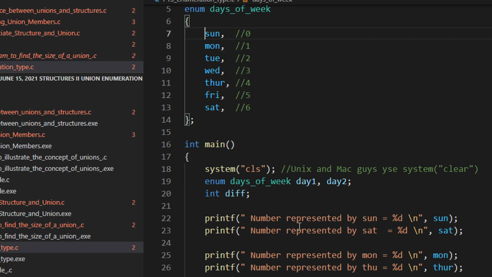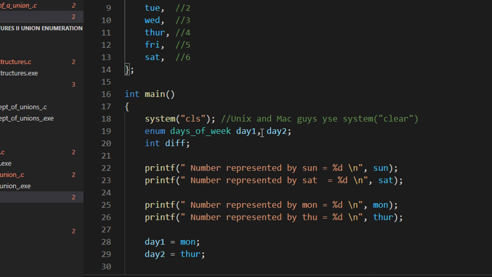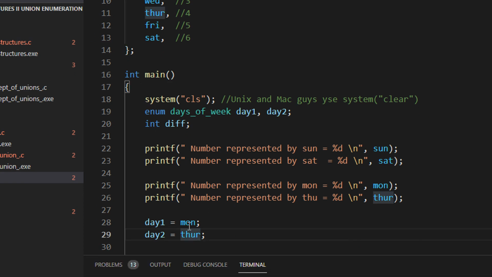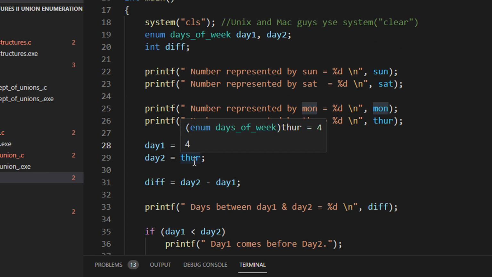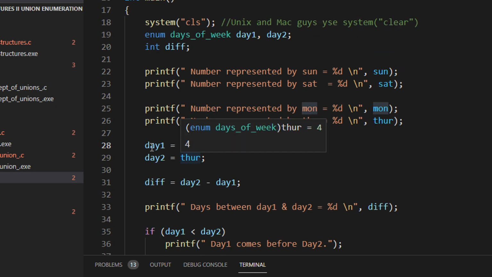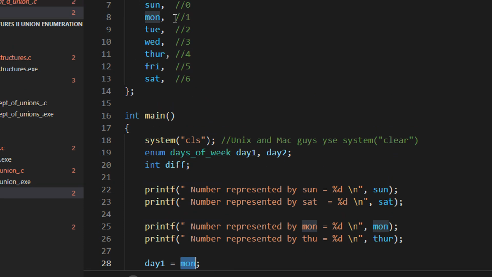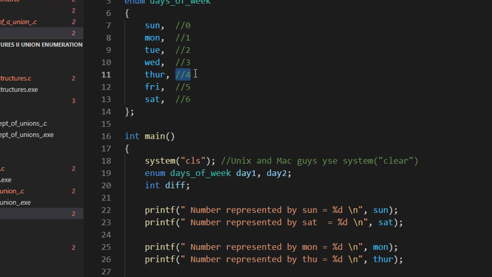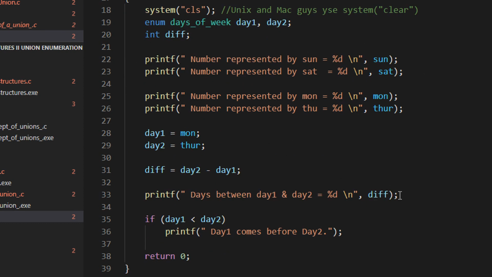So now let me see, why do we use enum? A very small application is, let's say you want to find the difference between Thursday and Monday, right? How many days is the difference between day 1, which is Monday, and Thursday. So we know that Monday, Tuesday, Wednesday, Thursday. So the difference between Thursday and Monday is 3 days. So now when you do a difference, you are doing day 2 minus day 1. Day 2 had Thursday, day 1 had Monday. So what was Monday? Monday was 1 and Thursday was 4. So 4 minus 1 is 3, right?